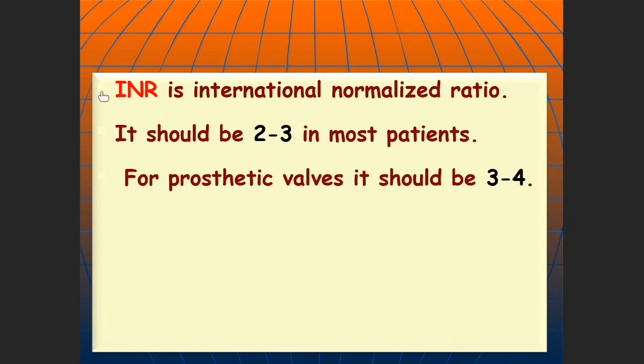The INR in most patients should be from 2 to 3. For patients with prosthetic valves, it should be between 3 and 4. Okay? This is the range of the INR in most patients, and this is the range for patients with prosthetic heart valves. واضح؟